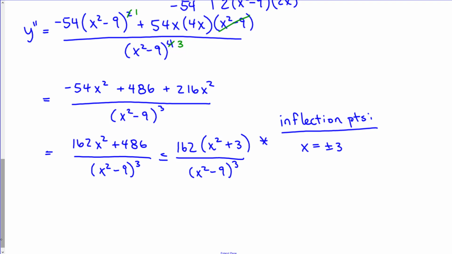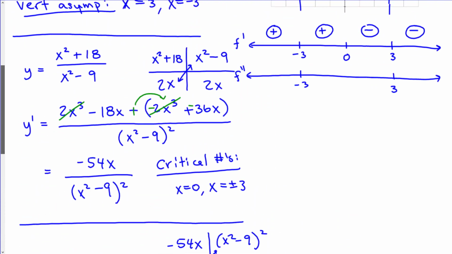So if I put in negative 4 to the denominator, that would be 16 minus 9, which is a positive number. When I cube it, it's still going to be positive. So that means this first interval is concave up. Then,